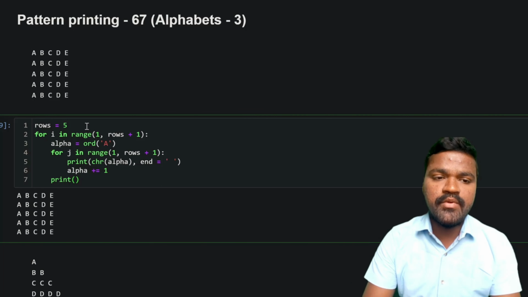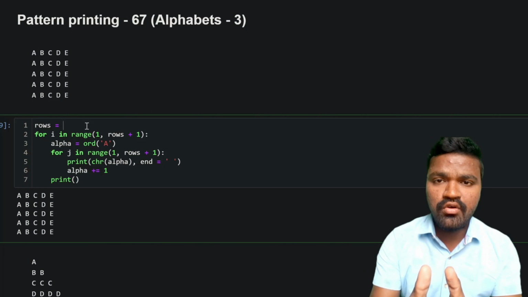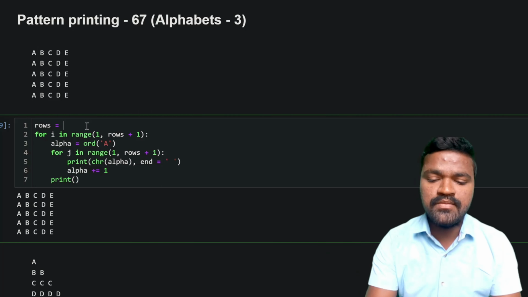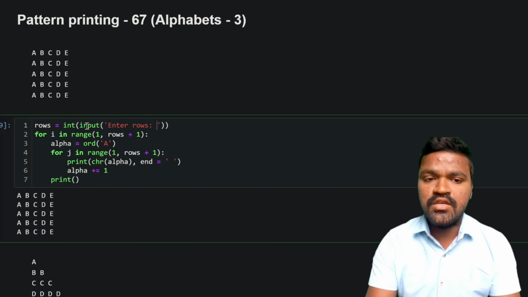Now what I will be doing is dynamically taking input of rows from the user and printing this kind of pattern according to the user input. For that reason I am mentioning int input, and I am asking the user to enter rows here. So now if